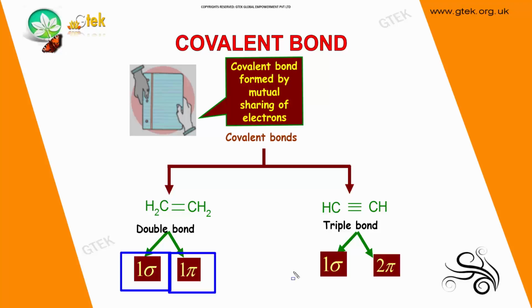The typical example is fluorine. Fluorine has 7 valence electrons. The second fluorine atom also has 7. Both are sharing an electron. They produce a non-polar covalent bond. As per the octet rule, the valence shell should be filled to be stable.